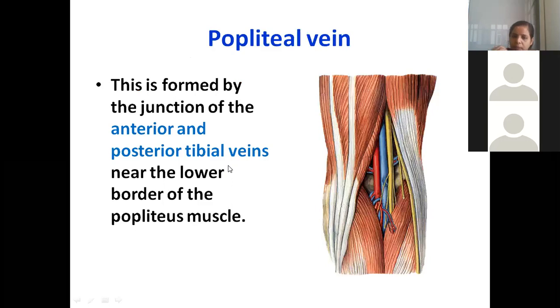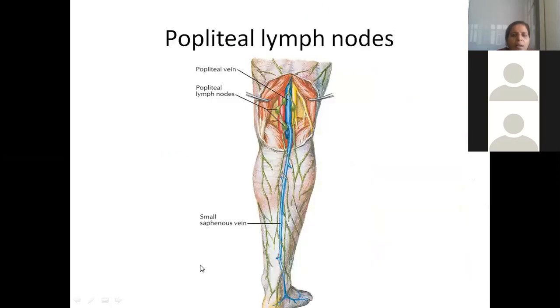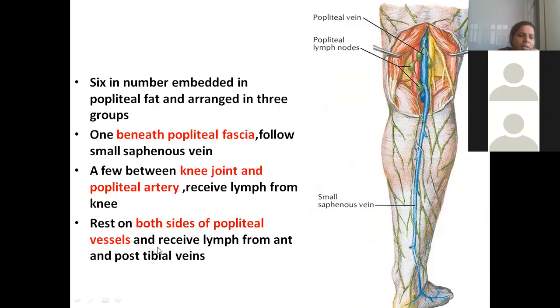Okay. And then popliteal vein, how is it formed? Anterior and posterior tibial veins together join to form the popliteal vein. That means venous drainage is in reverse direction. Anyhow, complete venous drainage I will take. You need not worry. This is the dorsal venous arch. We have anterior tibial vein, posterior tibial vein. Superficial veins are small saphenous vein, great saphenous vein. Great saphenous vein is draining into femoral vein. Small saphenous vein is draining into popliteal vein. This we will discuss again. Lymph nodes also I will discuss when we are doing exclusively the lymphatic drainage.